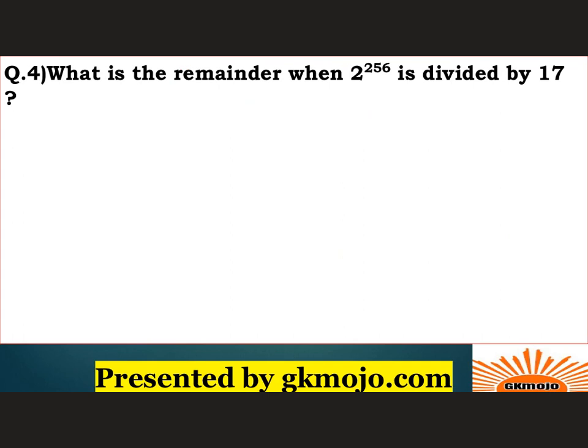What is the remainder when 2 to the power 256 is divided by 17? Will you apply Fermat theorem over here? Yes, you can apply Fermat theorem, but is it needed? It is not needed. Why? Observe. 2 to the power 4 is 16, right? And 16 when divided by 17 gives you a remainder of minus 1, correct? Remainder of minus 1. So let us do 2 to the power 4, and what would come outside? 64. Why? Because 64 into 4 will be 256, and this is divided by 17 over here.